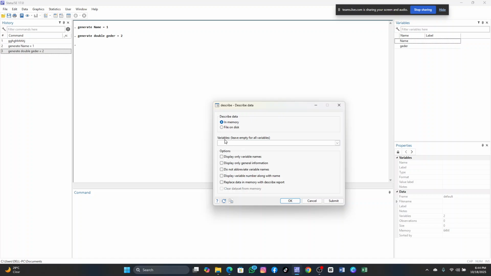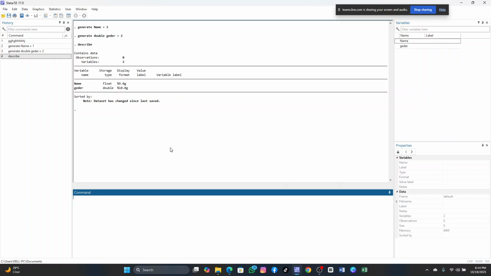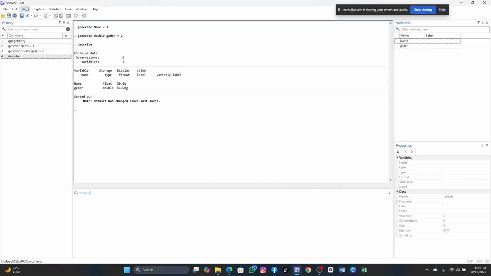So here it is telling you, variables, leave empty for all variables. I only have two here, so I will leave it empty and say okay. Then it will describe what I have. By the time I put clear information, like a data set that makes sense, you will see the difference. So the command is just clear. When I was generating, I said generate name equal 1, generate double gender equal 2. So no issue. Under this data too, if I want to know what I have,